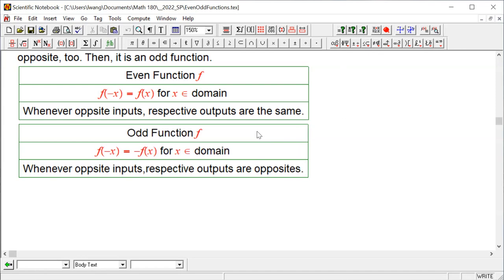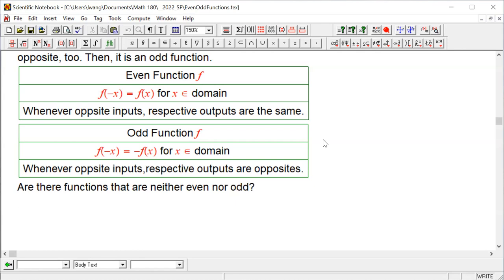Okay, so that's the feature we can describe. We can speak it. And you may just as well summarize some situations that's fitting for you. Now, are there functions that are neither even nor odd? Of course,